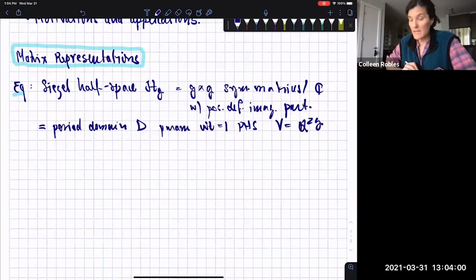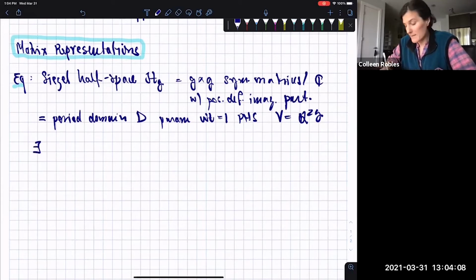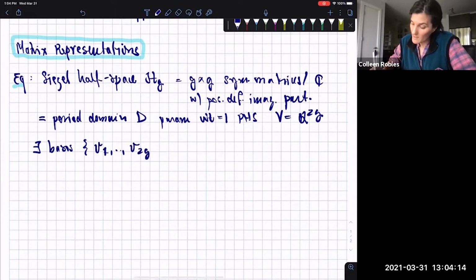And just to emphasize the perspective that I'm going to take later, what I mean in particular is that you can choose a basis. This has to be a complex basis, but you can choose a basis